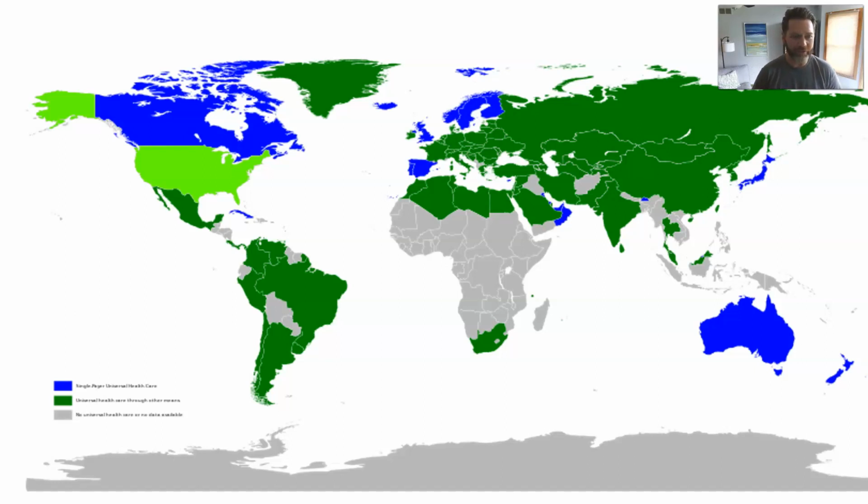The U.S. is kind of this neon green color because we have large government-funded programs, Medicare and Medicaid, like I talked about before, which combined cover about 130 or so million people. So a good portion of our country is covered by those government-funded programs. But then we also have a high reliance on private health insurance,